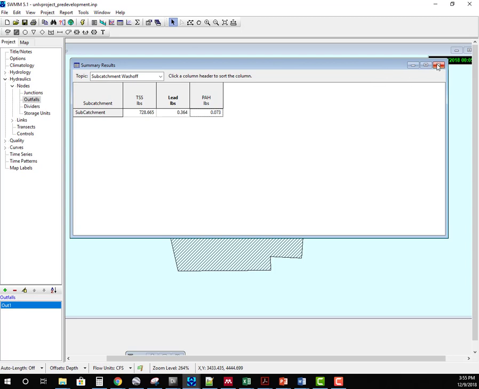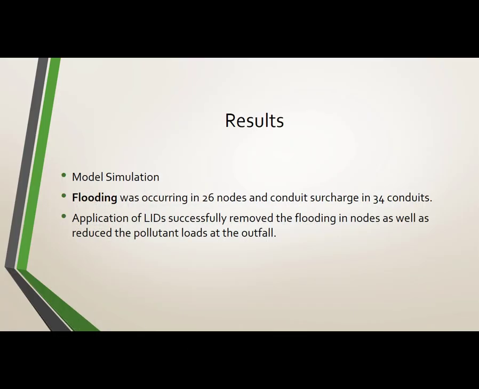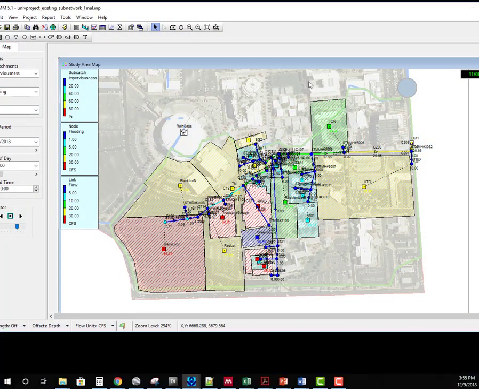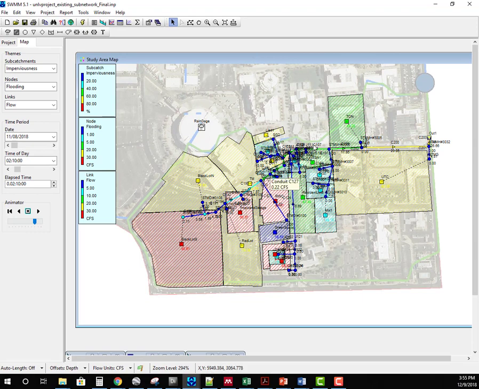We will summarize this in our slides in the end. Nevertheless, let's go to the other model, which is the existing model without the LIDs, and this is the model. So we can see that we have 22 subcatchments in place, and all of these links and the nodes information are coming from the data that we talked about. And let's quickly run this model,